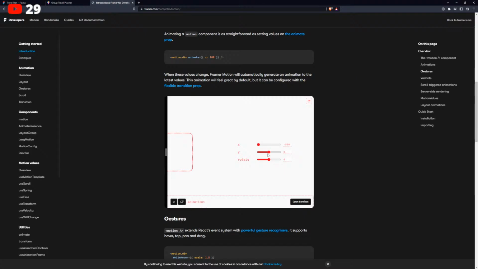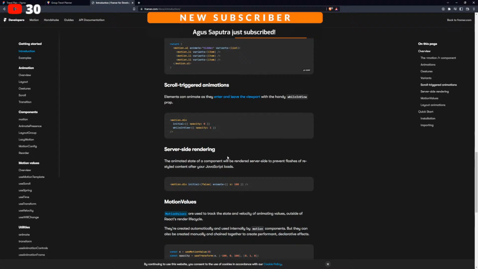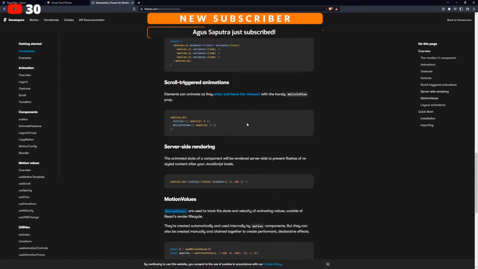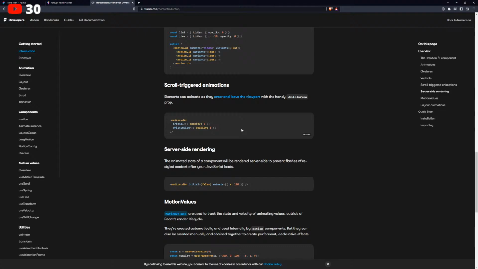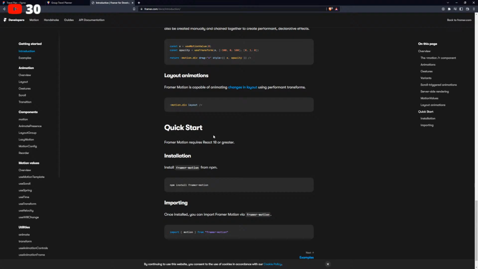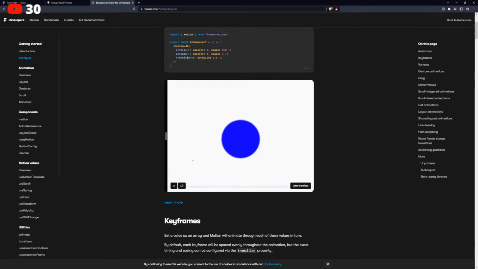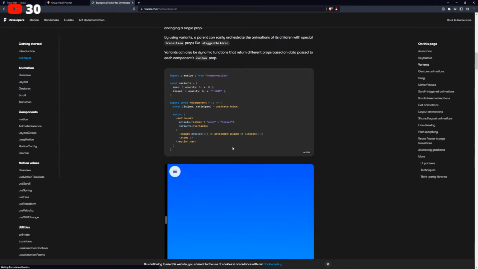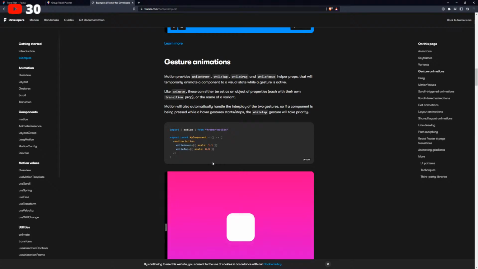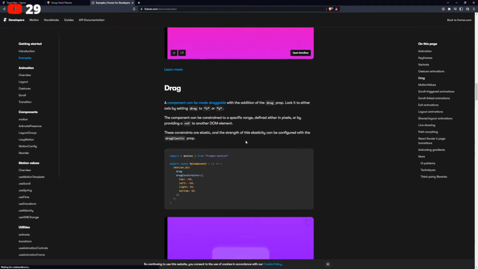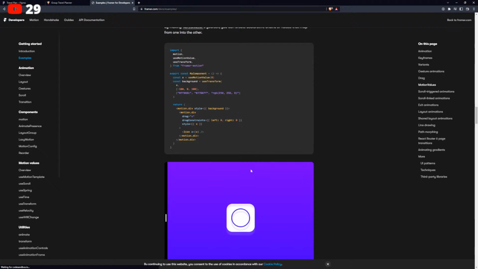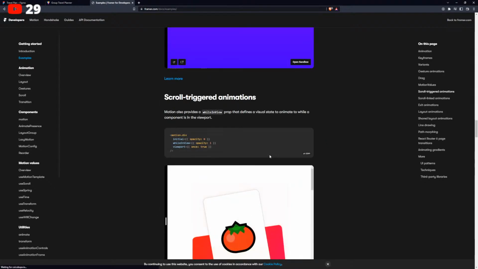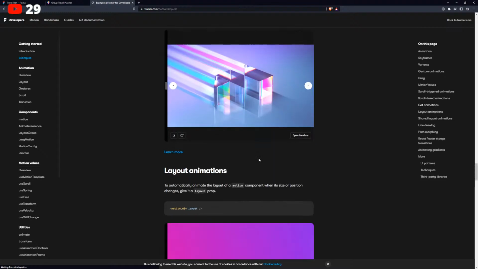I really want to try something like Framer Motion for animations and such. It's actually pretty cool.